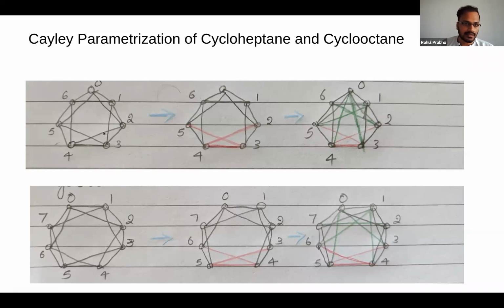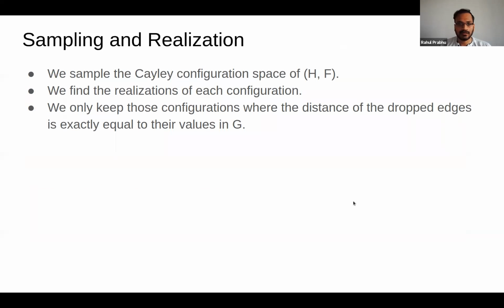And notice that I showed the example of cycloheptane, but it's also the same for cyclooctane. I can always just drop 3 edges and get a partial 3 tree, and I'll have to add however many more edges to make it a 3 tree. And once I have a 3 tree, the non edges that I added to make it a 3 tree are convex.